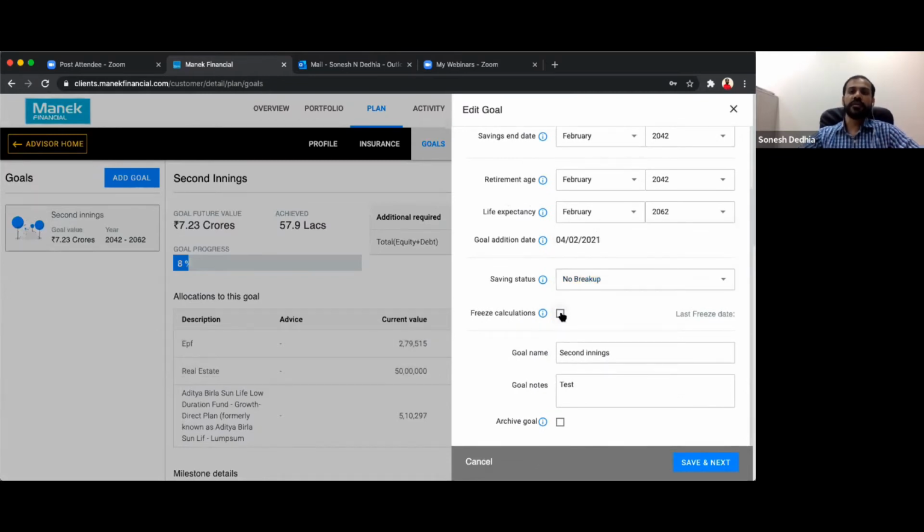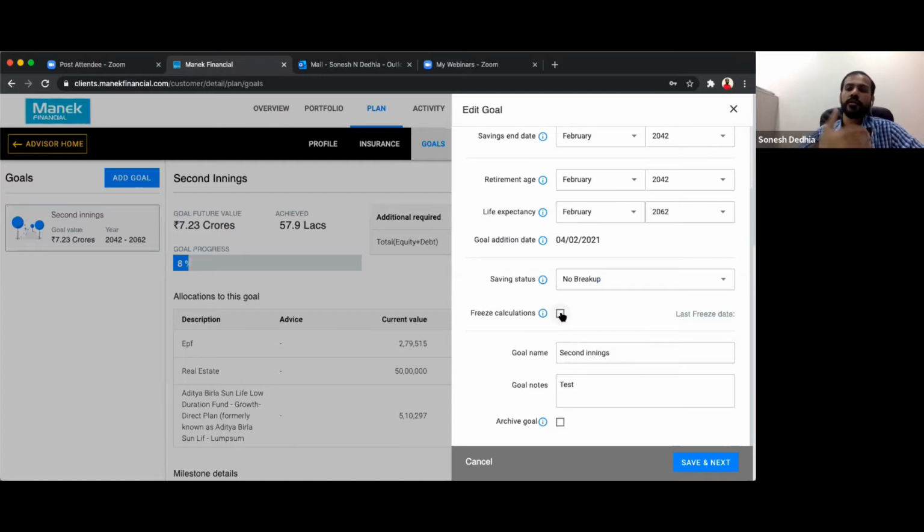Then freeze calculation. When you check this freeze calculation, this amount will freeze, whatever is the requirement of debt and equity investments in lump sum monthly, that will freeze. And as per the valuation of the mutual funds or stocks and all, the amount will not keep on increasing or decreasing.